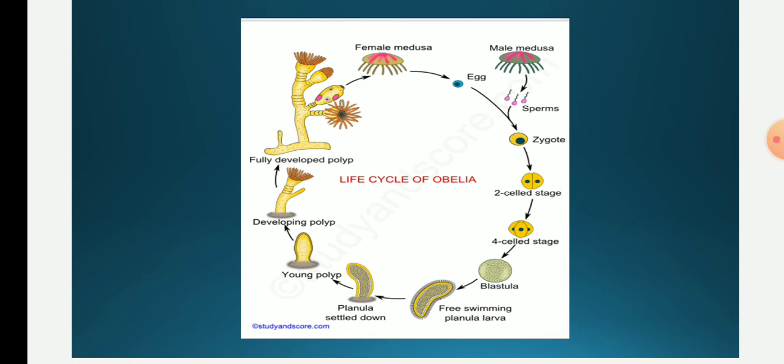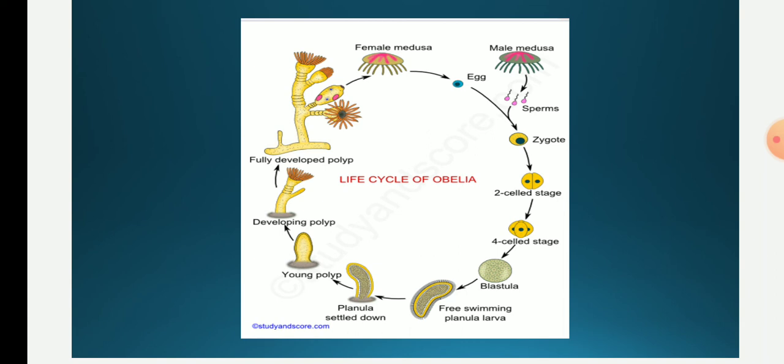Polyps are nutritive in function, whereas the blastostyles are reproductive in function. Why is the polyp said to be nutritive in function? Because it possesses a mouth and the polyp does the function of digestion. It has tentacles, so the capturing of food is all performed by the polyp, and it is passed to the whole colony by the process of diffusion.